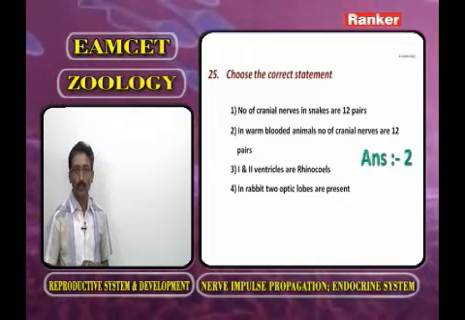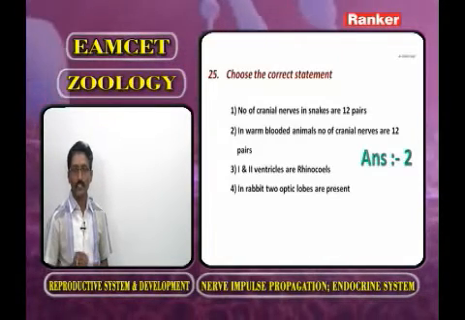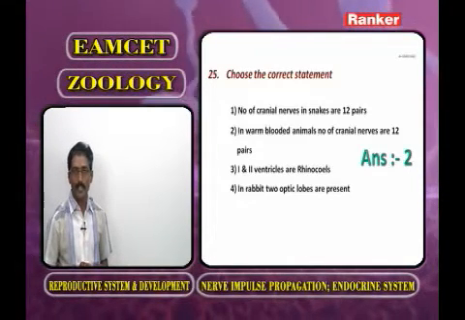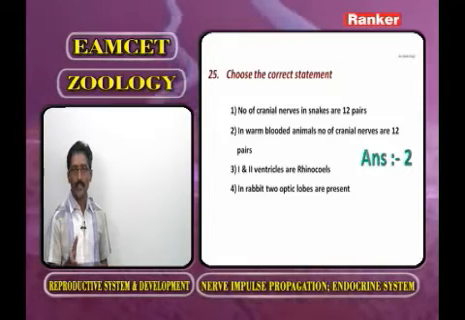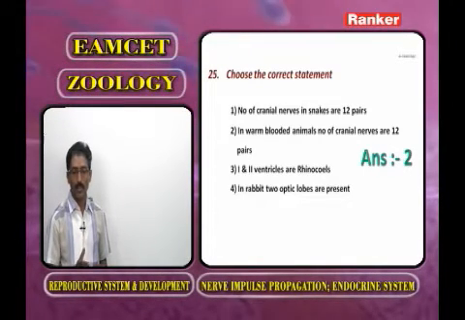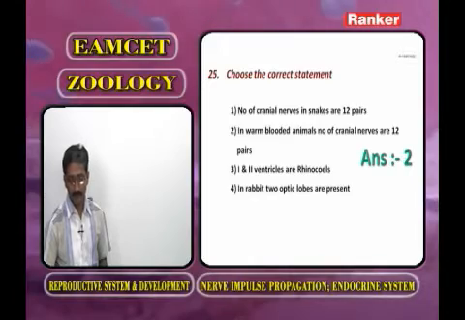So of these 4 statements, what is the correct one? In warm-blooded animals, that means aves and mammals, how many cranial nerves are present? 12 pairs. Now the next question is,